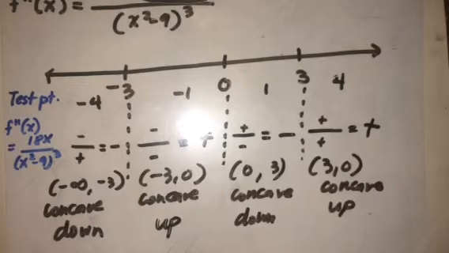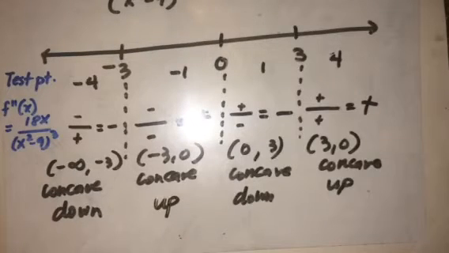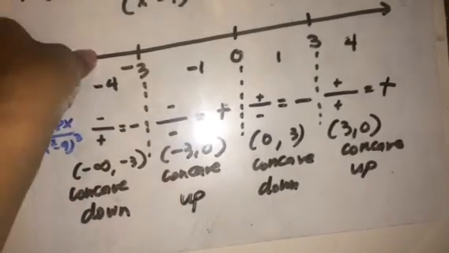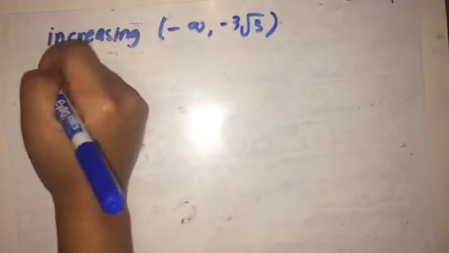I know that the increasing, decreasing intervals that I have are as follows. I have increasing from -infinity to -3√3, and then I have